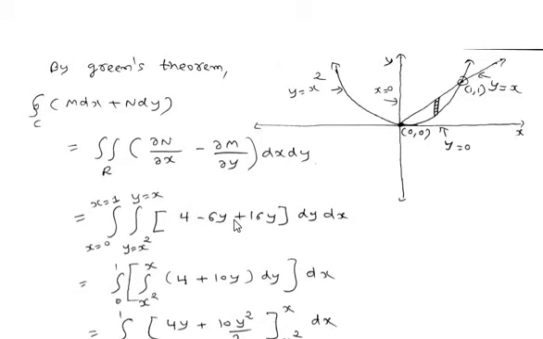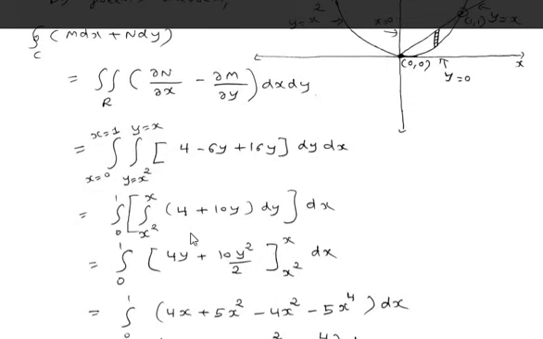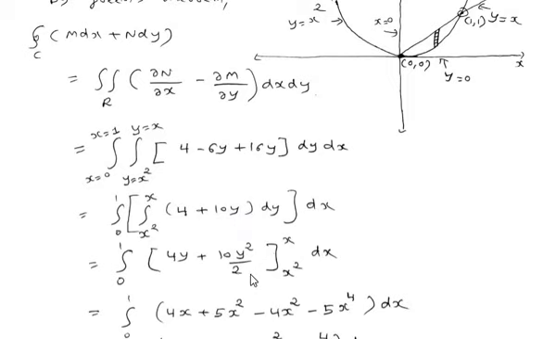Now we have to integrate this function, right? First of all, we will integrate with respect to y. Now this 4 as it is, minus 6y plus 16y, that is 10y. Now the integration of 4 with respect to y is 4y, and 10 as it is, the integration of y with respect to y is y square by 2. The upper limit is x and the lower limit is x square. First of all, replace y by x, so it will become 4x plus 10 upon 2, the result is 5, and x square, minus, replace y by x square, so it will become minus 4x square minus 5 x square,